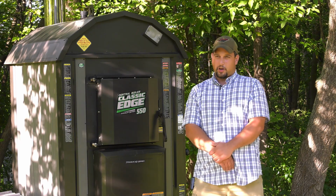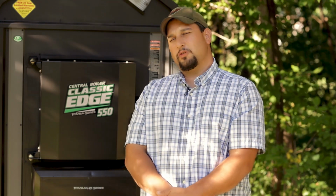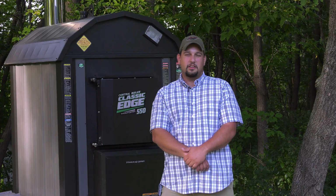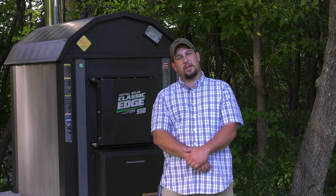Yeah, I did shop around with other brands and compared. I chose the Edge because the new design they had on them appealed to me. The ease of cleaning and access and serviceability. And the back heat exchanger plate is just a breeze to get to with the back door design on these